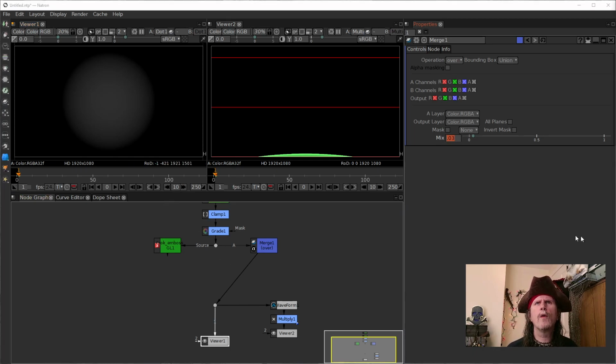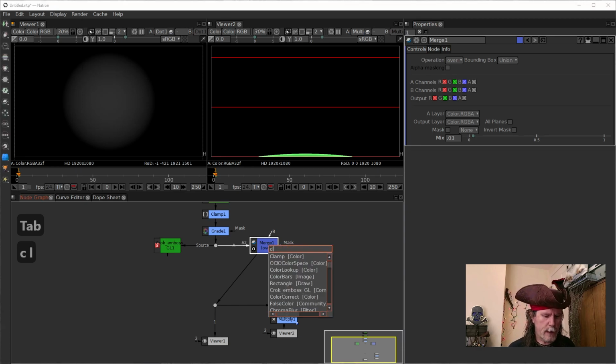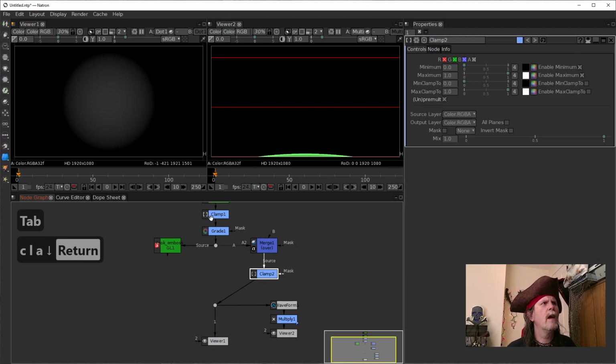The next thing we want to do, I just want to make sure of something over here in my other node. I did a clamp over here. I think I did the clamp just to be on the safe side, because we did a little bit of grading adjustment, and anytime I do a grading adjustment, I want to make sure that everything clamps to the minimum and the maximum over here. All right,